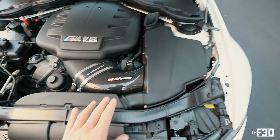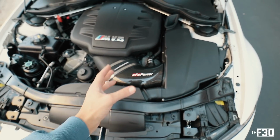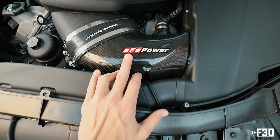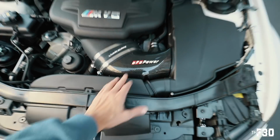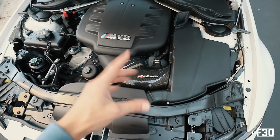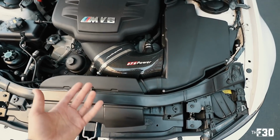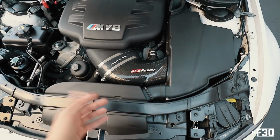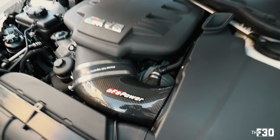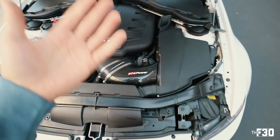I'm not a huge fan of giant labels. You know, like if you do like the Dinan or the Vorsteiner, it's a little more subtle. I think AFE could have done a little bit better of not making this so gaudy and in your face, but with that being said, the price point of this intake is relatively cheap compared to all of the other intakes that are carbon fiber, so that's kind of why I went for it. I didn't want to spend like $1,000 on a tiny intake, whereas this one was like in the 400s or something. All that aside, and aside from my nitpicking, it does look really good, it does sound really good,